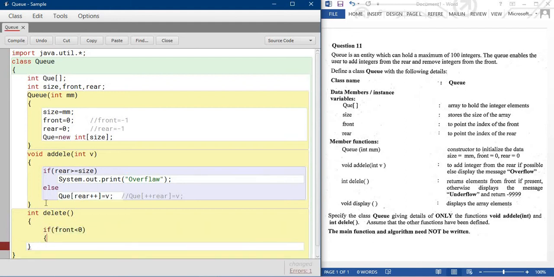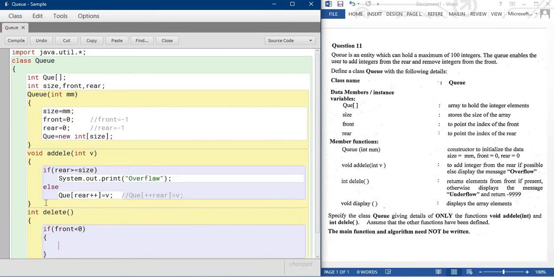So enter. I'm giving a second bracket because two things are written here: display a message, underflow, as well as return. Okay, so first I'm printing the message underflow, then I'm using the return -9999. Okay,